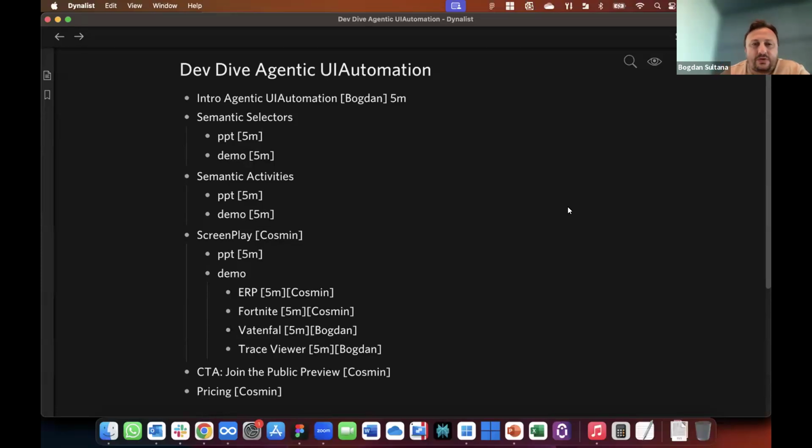So, just to give you a quick intro about the structure of today's session, I'm going to do an overview of how we approach agentic UI automation in UiPath to have a better context of how we arrived to develop ScreenPlay and what its role is in this general context. So we're going to go through semantic selectors, semantic activities, a very quick presentation and some